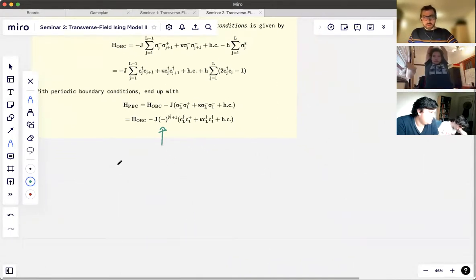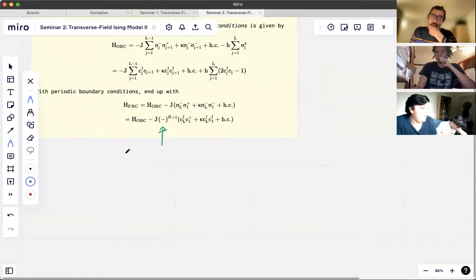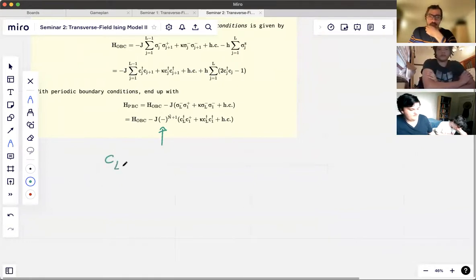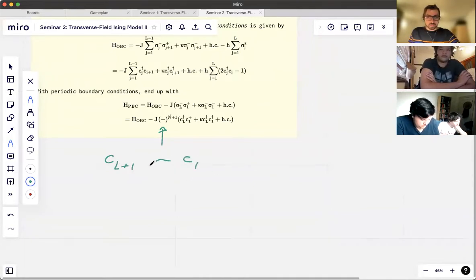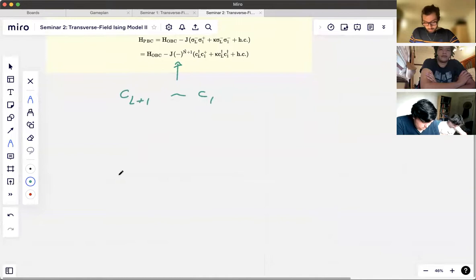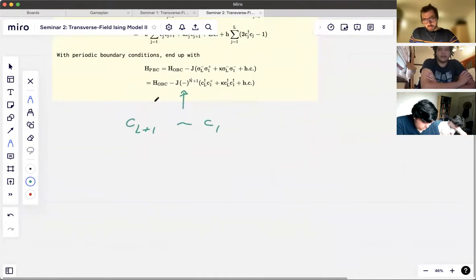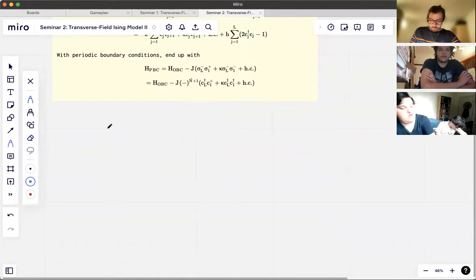Because eventually what we're going to want to do is Fourier transform. But in order to Fourier transform, we would need to make a statement about what c_(L+1) is in terms of c_1. So there's a way to deal with that, and that is to split the Hamiltonian into even and